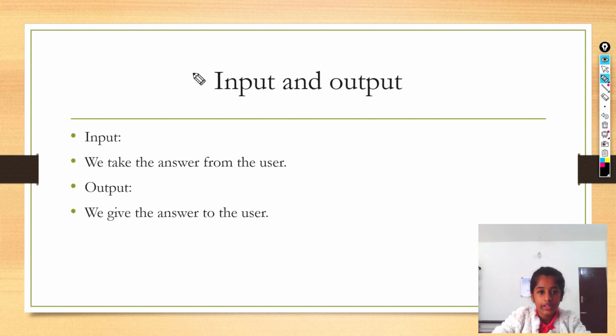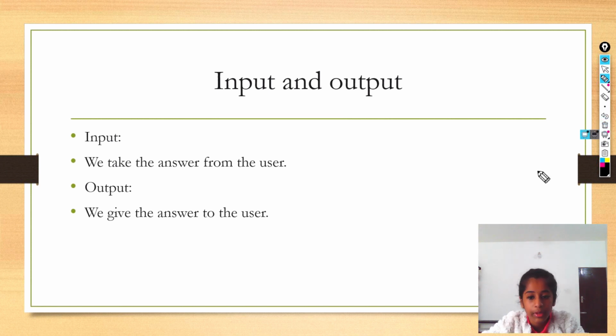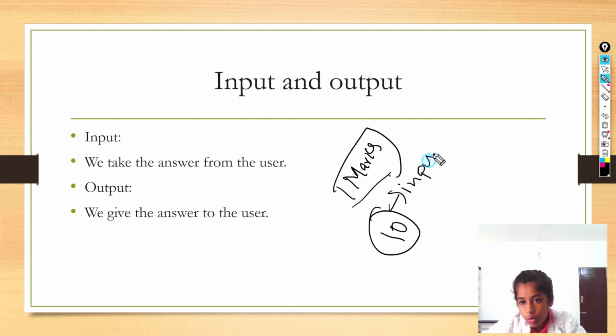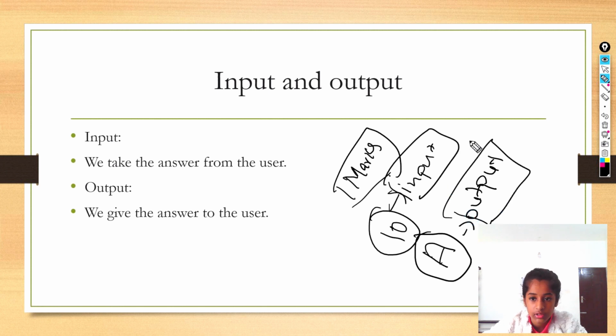Now let's come to know what inputs and outputs are. Basically you can think that we give some input, like we give our input to mail and everything. So here in Python, input means you're going to take the answer from the user. You can say, input your marks into the column there. You put, okay, you got out of out. Yes, this is called the input. And what is the output? You're going to say, yes, you got out of out, so you're going to get this grade A. This is going to be the output. So input is basically what the user gives to us. Output is basically what we give to the user. That's it.